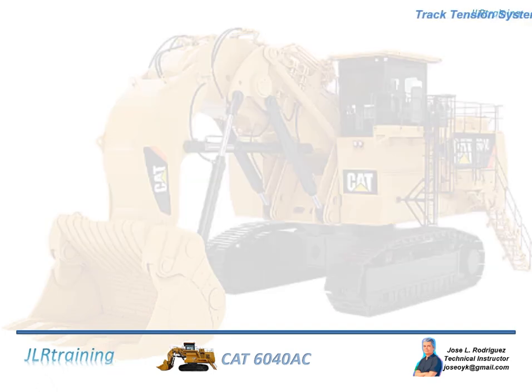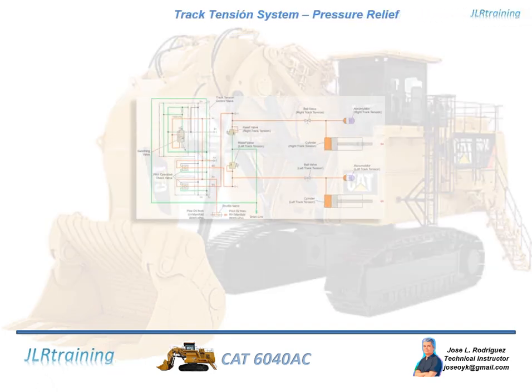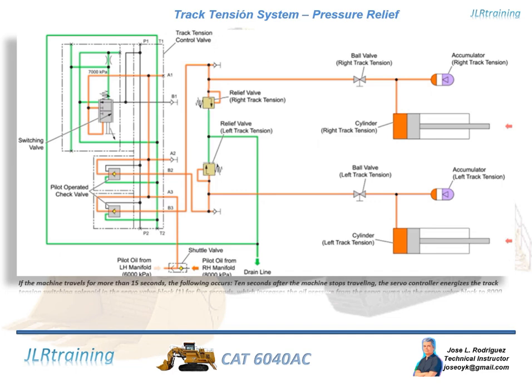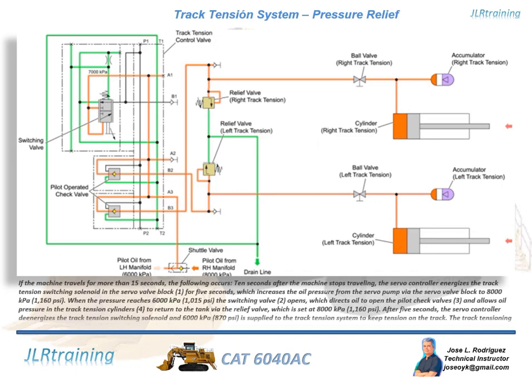Track tension system pressure relief. If the machine travels for more than 15 seconds, the following occurs 10 seconds after the machine stops traveling. The servo controller energizes the track tension switching solenoid in the servo valve block, 1, for 5 seconds, which increases the oil pressure from the servo pump via the servo valve block to 8,000 kilopascals, 1,160 psi. When the pressure reaches 6,000 kilopascals, 1,015 psi, the switching valve, 2, opens, which directs oil to